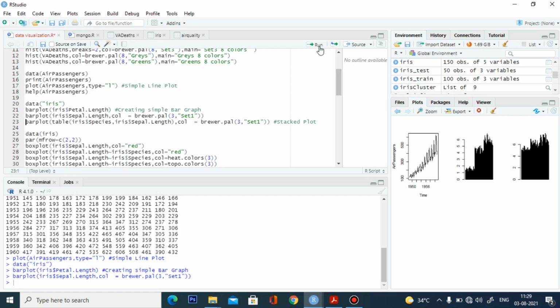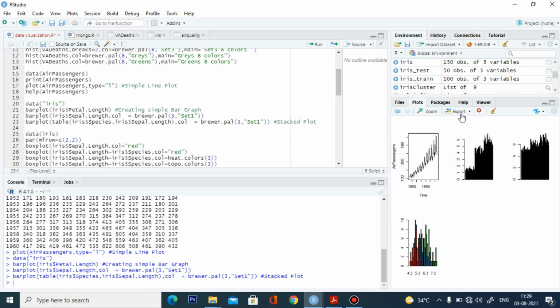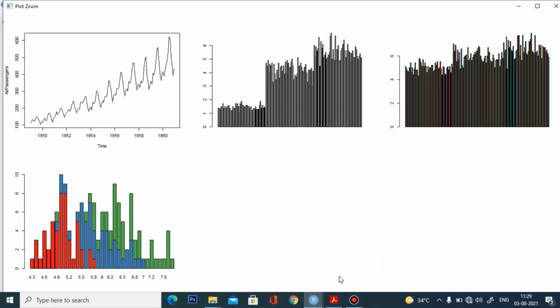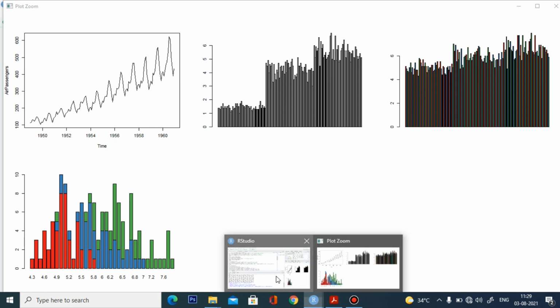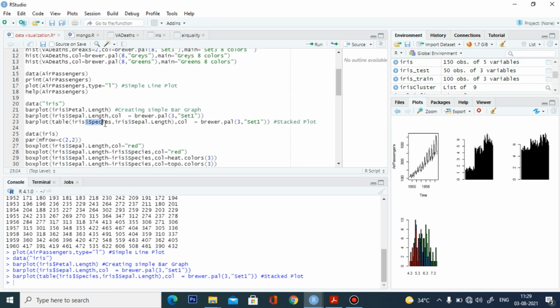So I am going to run this. Here I am going to draw the bar chart based on 2 variables: species and sepal length.